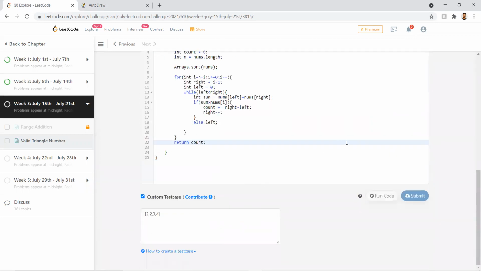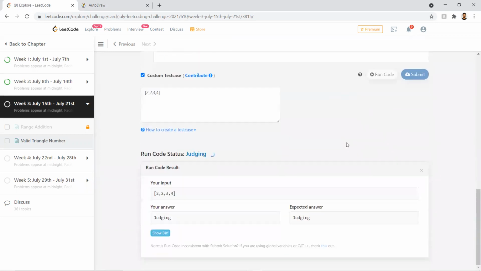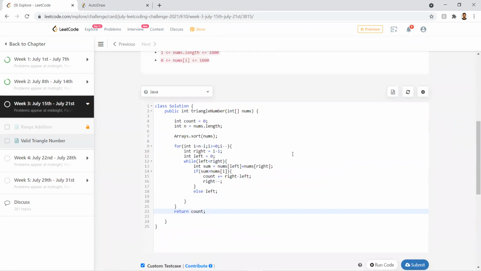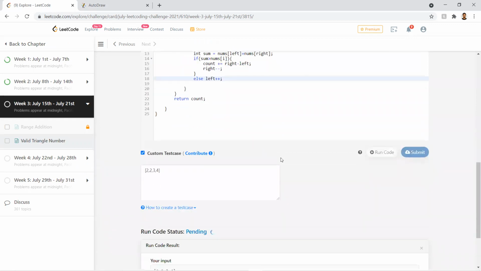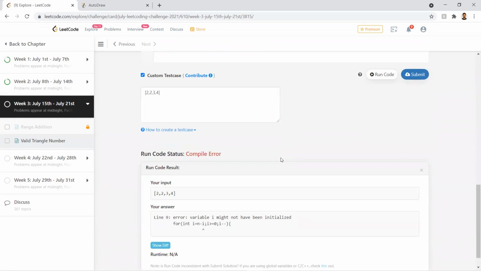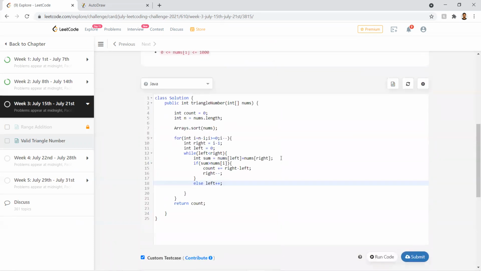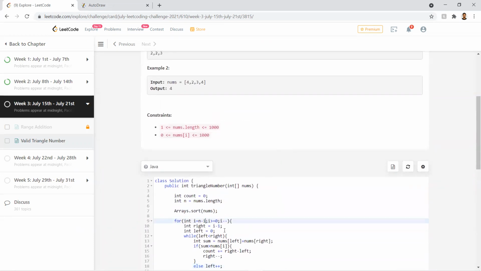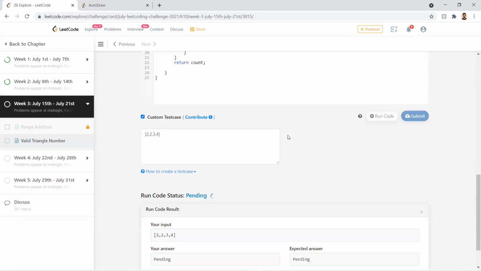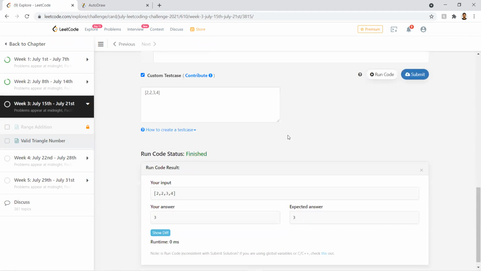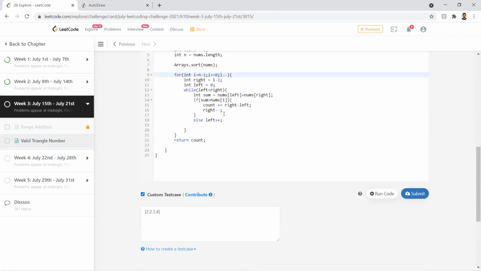Okay, so let us check for this custom test. This should be 3. Sorry, I have to do n minus 1 here. Okay, so for this test case it is coming correctly.